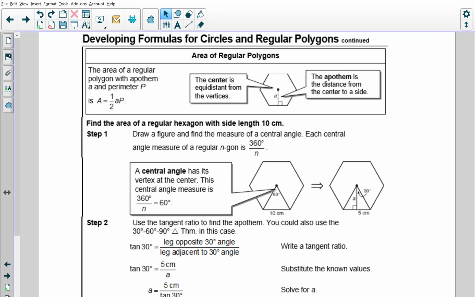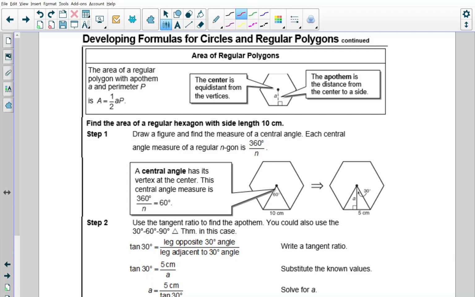Okay, here we go. This is for regular polygons. Remember, regular means all sides are the same length. So if you know one side, you multiply the number of sides of the polygon to get the perimeter, which we need here. The area of a regular polygon